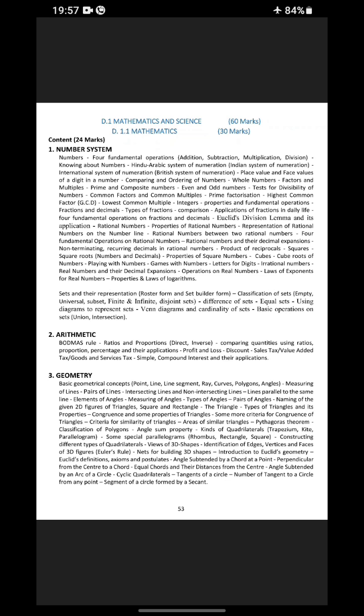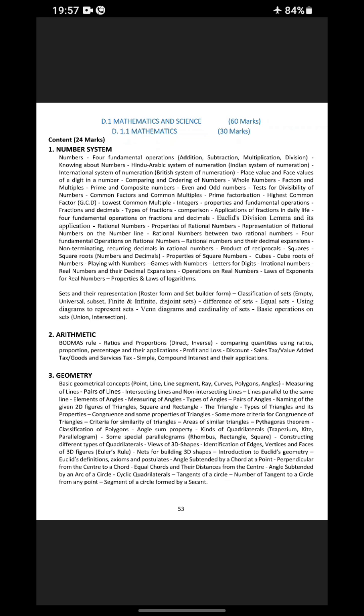lines, lines parallel to the same line, elements of angles, measuring of angles, types of angles, pairs of angles, naming of the given 2D diagram, figures of triangles, square and rectangle, the triangle, types of triangles and its properties, congruence and some properties of triangles, some more criteria for congruence of triangles, criteria for similarity of triangles, area of similar triangles, Pythagoras theorem, classification of polygons, angle sum property, kinds of quadrilaterals, trapezium, kite, parallelogram, some special parallelograms, rhombus, rectangle,